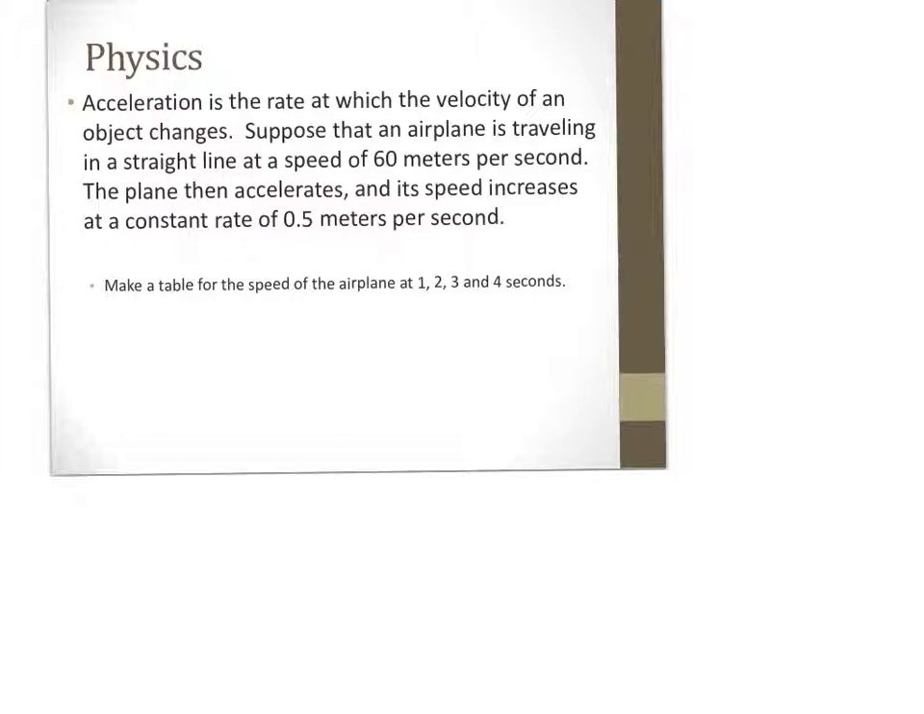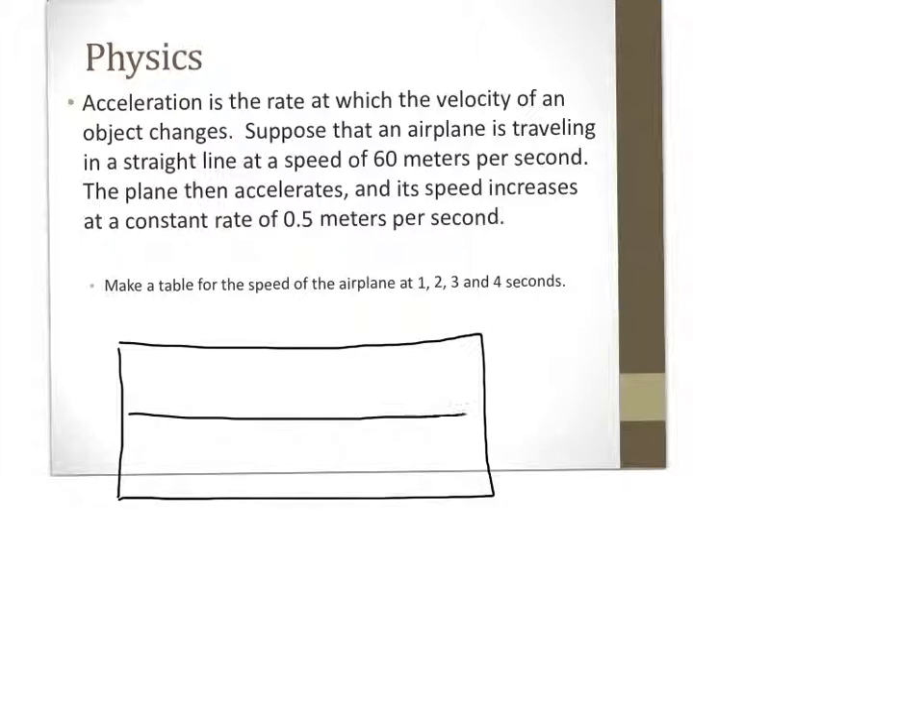So if we're going to make a table, it's going to be horizontal, vertical, doesn't matter. What I'm going to do is I'm going to have 2 columns. I'm going to call this time, and I'm going to call this velocity. And after 1 second, we know we start at 60 meters per second, or that's when we start calculating the change. I just keep on adding